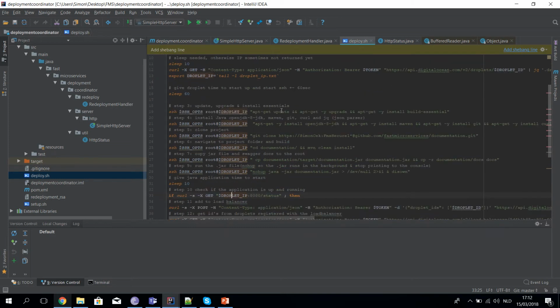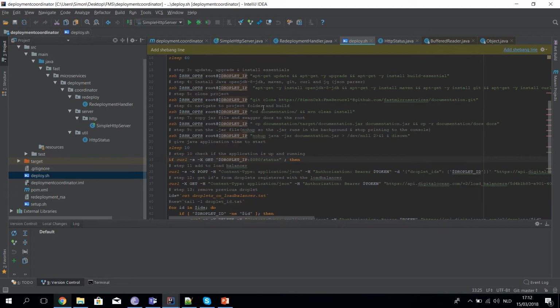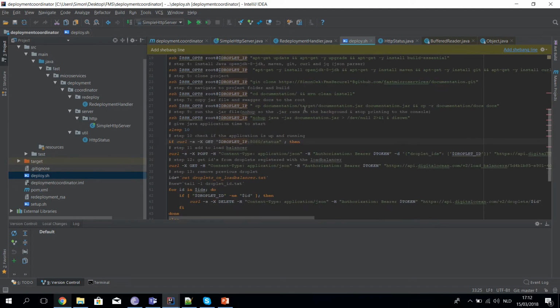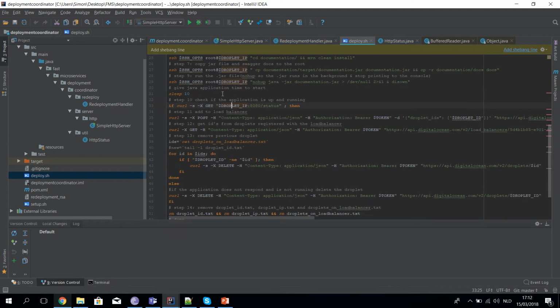It will upgrade and update the environment. It will install Java 8, Maven, Git and some other essential parts we need. After that it will clone the project, the documentation platform. It will clean and build the project and then run the project. Once the project is running, it will check if it can get an answer if we call the droplet on